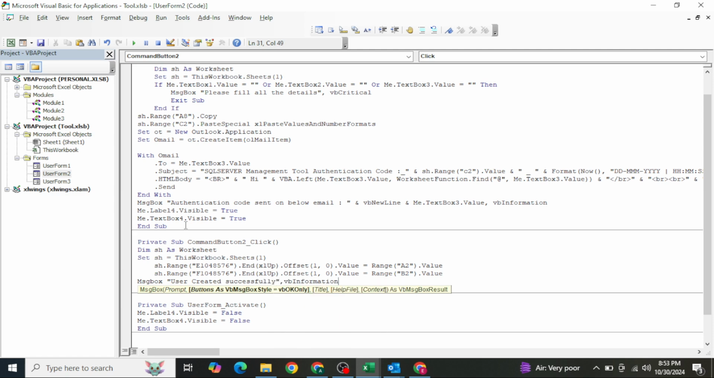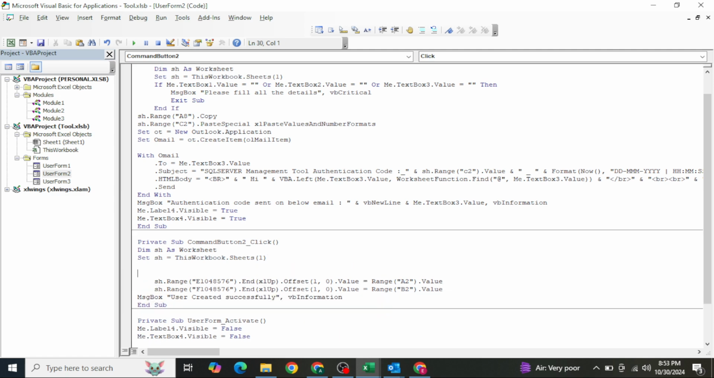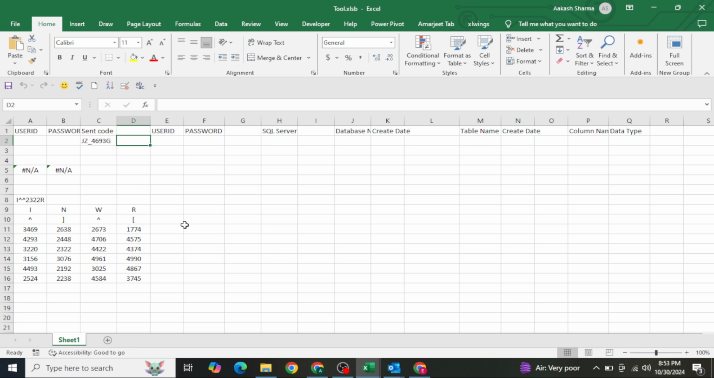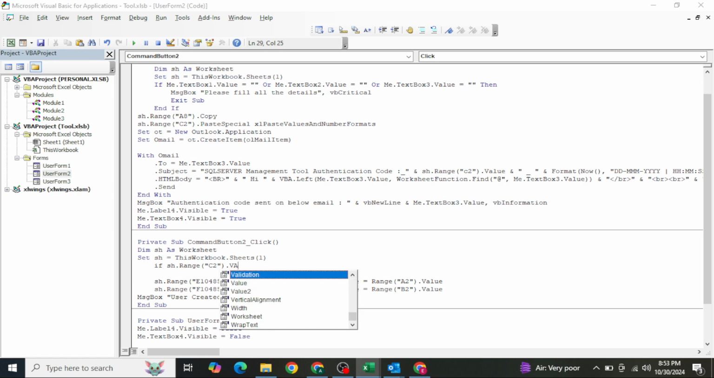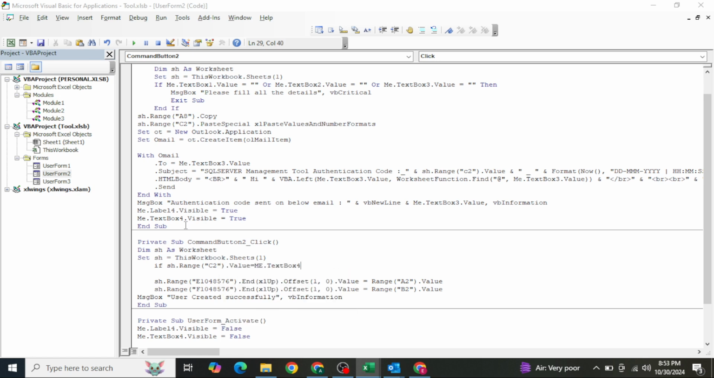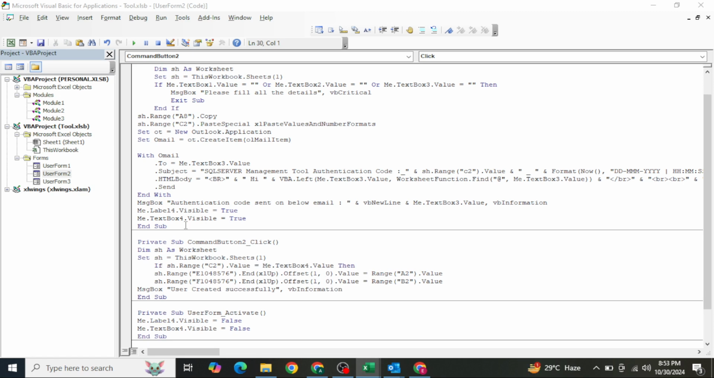Do you think, guys, this is correct? Oh, we still have not given one condition. We have to match this code, right? So here we have to write the code. If Me.ss.Range C2.Value is equal to Me.TextBox4.Value, then